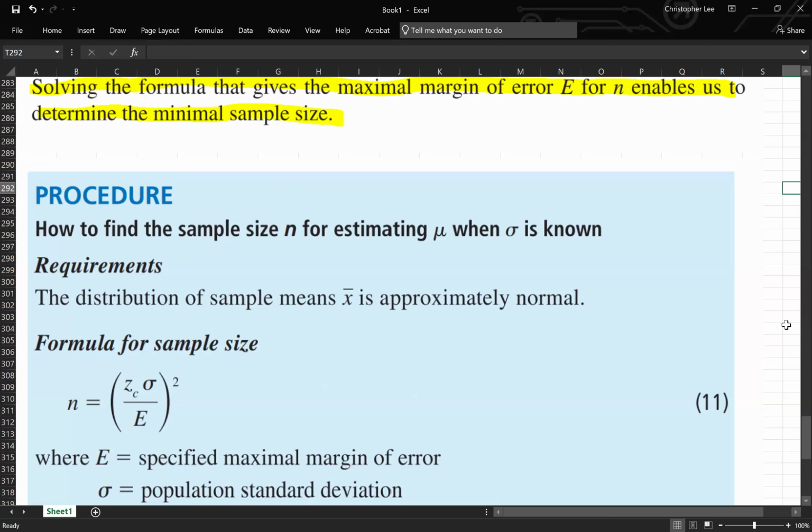That's going to be the minimum sample size needed to be at a certain level confident that your interval is going to contain the population mean. The minimum amount of samples you need. Long story short,